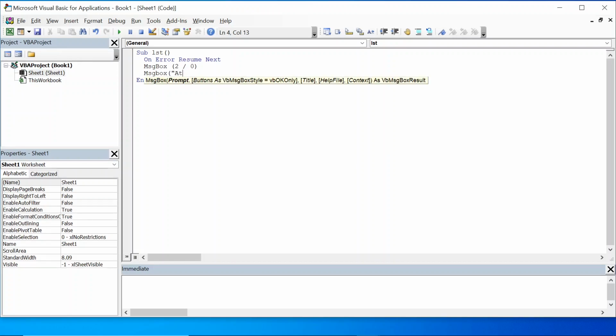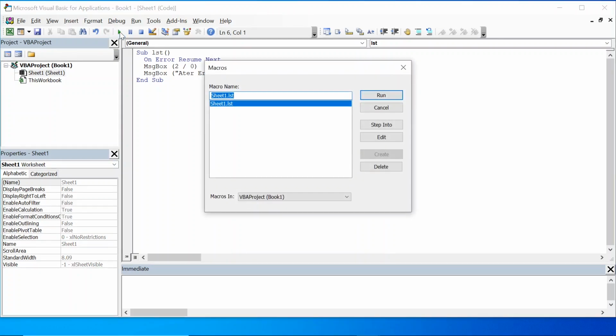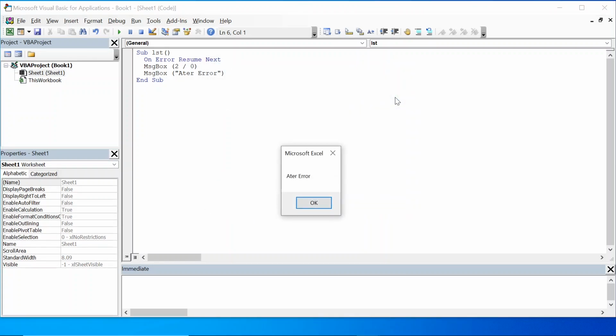MsgBox "This is after error". Now let us run this code. Run. So it has raised an error at MsgBox 2/0, and it has displayed this after error message box. Suppose the after error message box is not there,